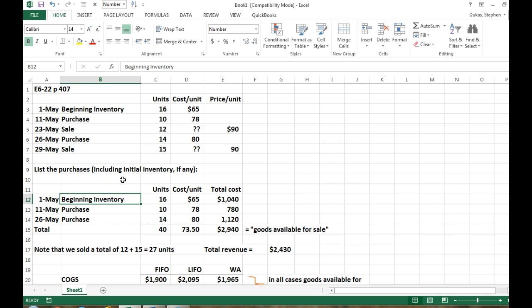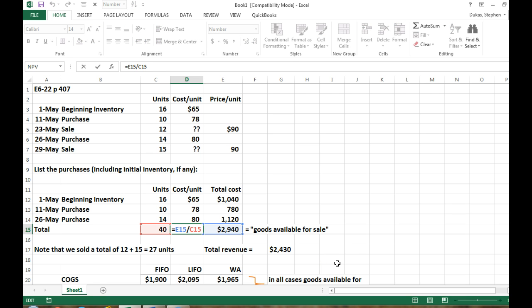Notice I have the beginning inventory on May the 1st, which is 16 units costing $65 for a total of 1,040. That's just the 16 times the 65. On May 11th, I purchased 10 units at 78 for a total cost of 780. And then on May 26th, I purchased 14 units at 80 for a total cost of 1,120. Altogether, I bought 40 units at a total cost of 2,940 and an average cost equaling